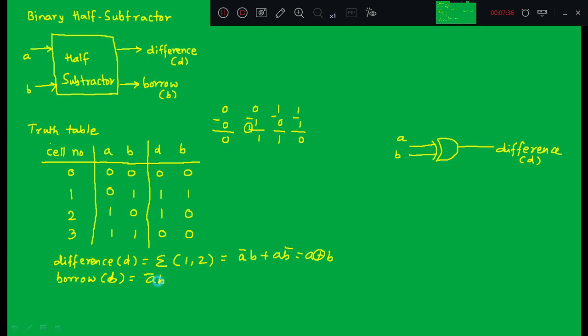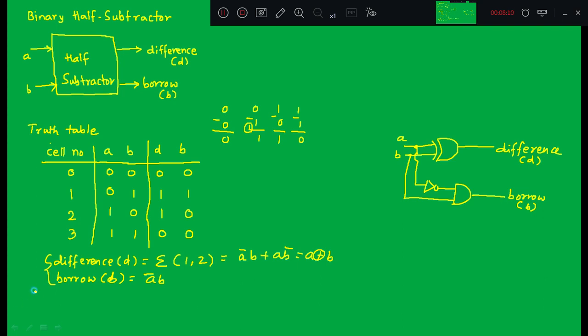So A bar B: if I take this signal A and perform NOT, giving A bar, it is connected to a 2 input AND gate, and one more signal you have to connect, that is B. So you tie this signal here, A bar B, and this will generate the borrow. So the expression for borrow is A bar B, and difference is A XOR B. These two are the expressions.